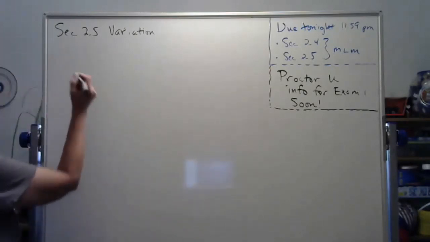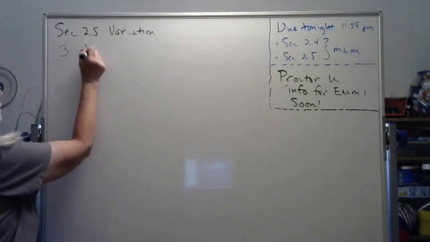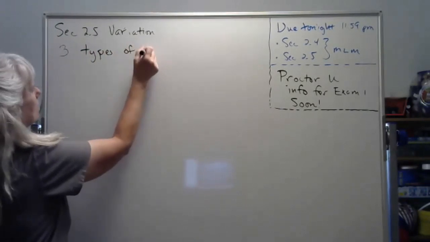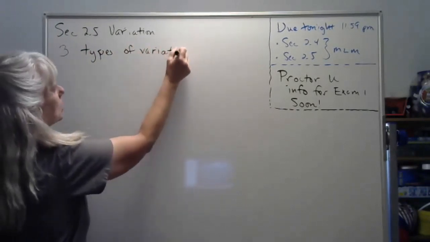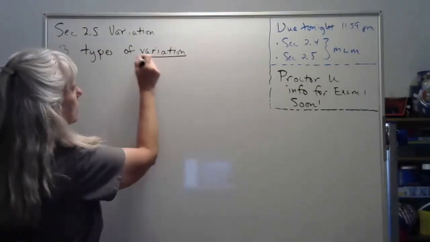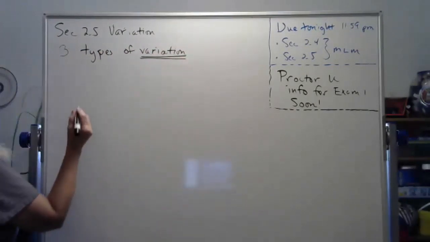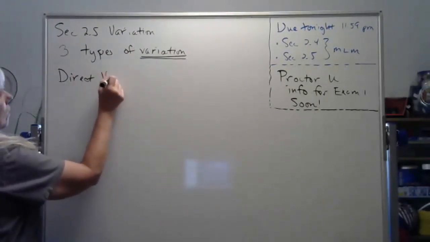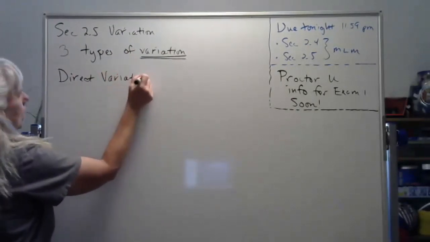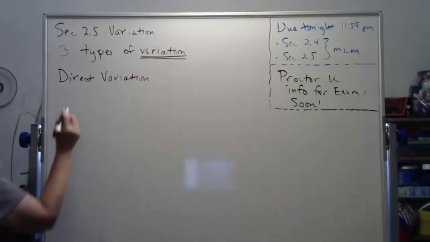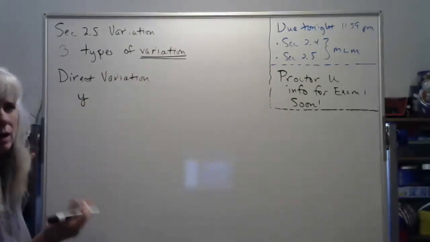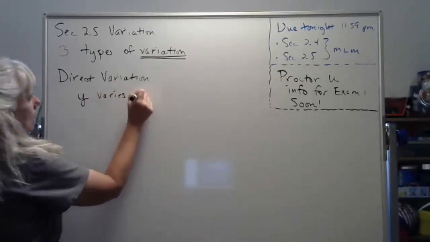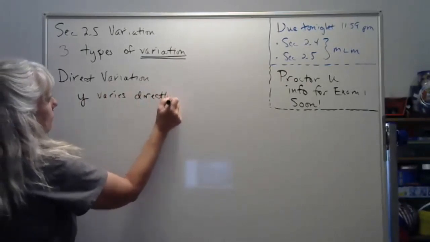But there are three main types of variation. This will make a lot more sense once we start into it, what we mean by the word variation. So the first type is called direct variation. And what that really means is that y, and we're going to pick on x and y just because we're familiar with them, varies directly